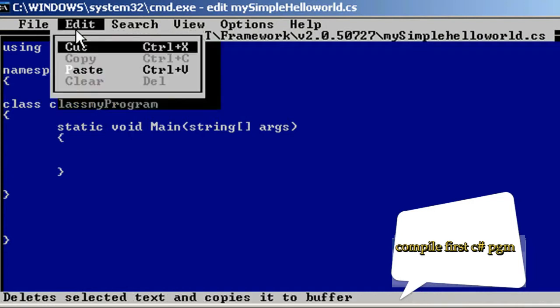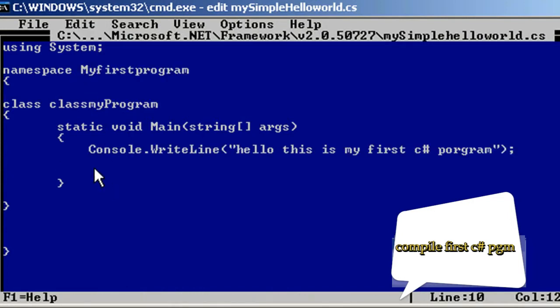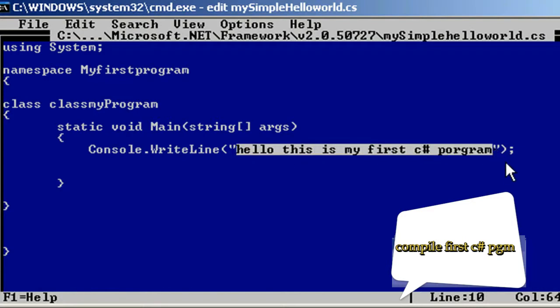So let's go ahead and write a statement here saying Console.WriteLine, hello, this is my first C# program. Console is a component, you can say, or a class which helps you to display sentences on your monitor from the .NET program. So what I've done is I'm saying console, please write on the console, that is Console.WriteLine, and I've given the statement, hello, this is my first C# program.